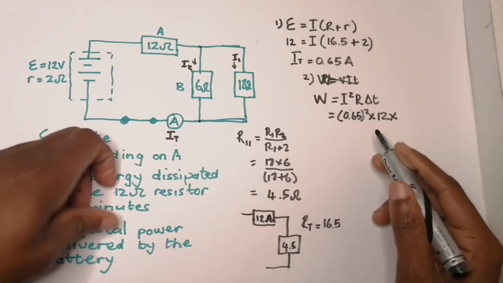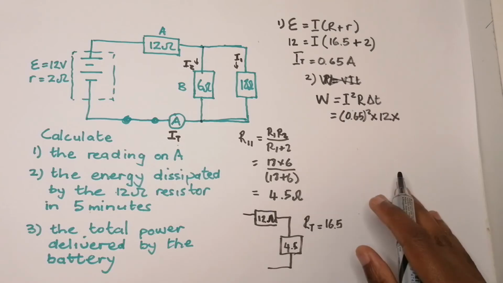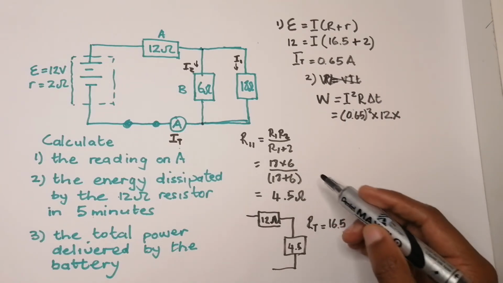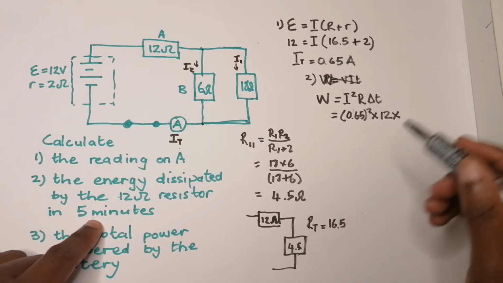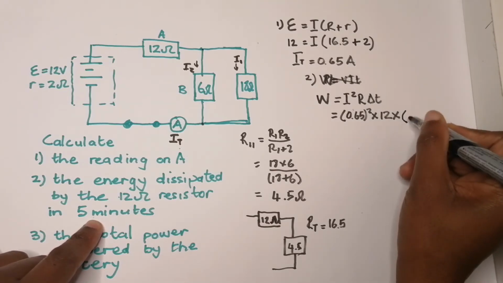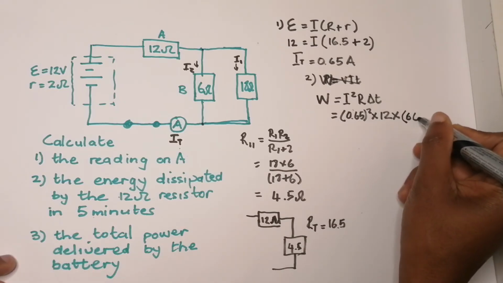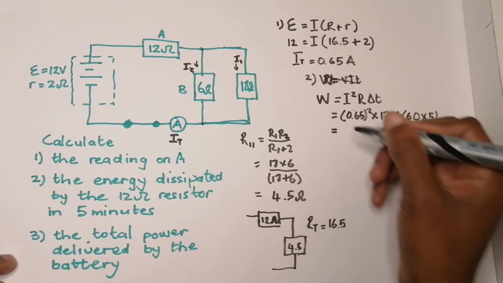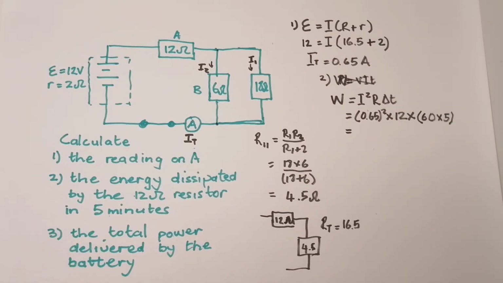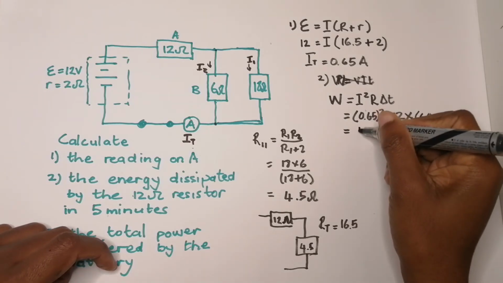the time. Now remember, I said that time must be in seconds. Please keep that in mind. So because time must be in seconds, I must convert those minutes into seconds. And how do I do that? Remember that you've got 60 seconds in 1 minute. So therefore, if I've got 5 minutes, it's going to be 60 multiplied by 5. So as a result, let's calculate that quickly. And I simply calculate it and I get